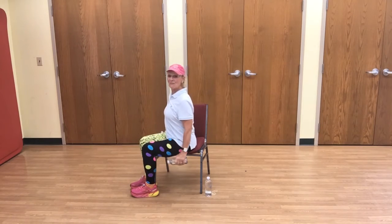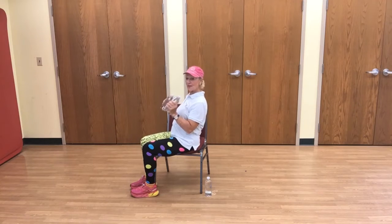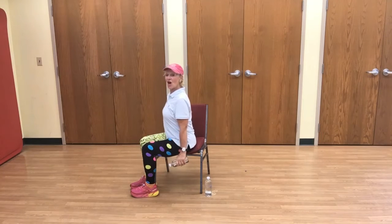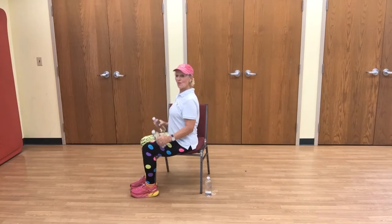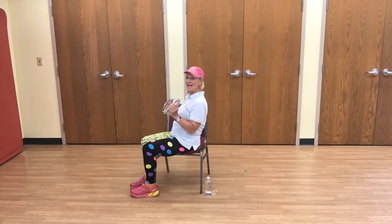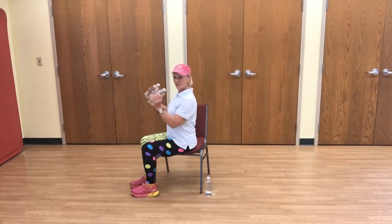Let's start to lean back a little bit. So now, remember, we're working our stomach to pick us up. Nice and tall. Lean back. Use that stomach to pull you up. Good work. Third time. Leaning back. That's great. Now, standing nice and tall or sitting nice and tall, we're going to bring our weights or our